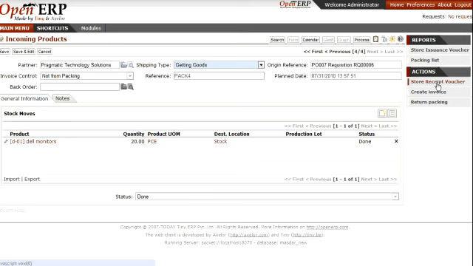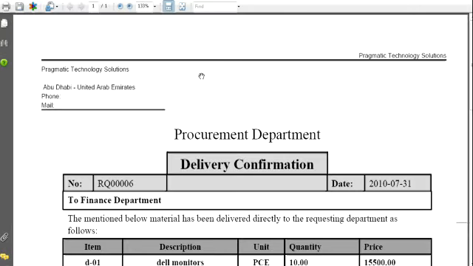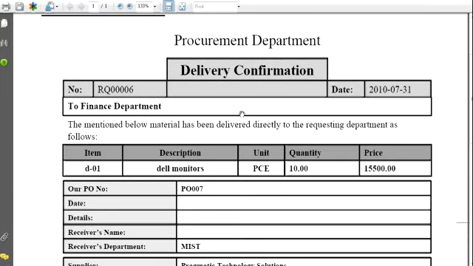The storekeeper can generate a receipt voucher for this picking. Here is a receipt voucher.